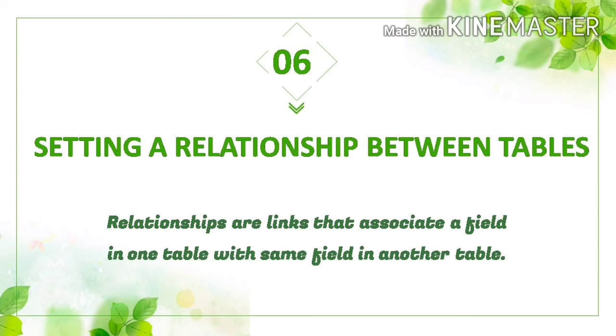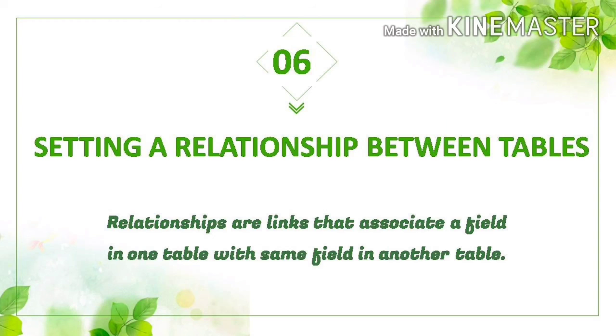To create a relationship between two tables, field name should be same. For example, student ID in the student table and student ID in the records table. So these two tables can be linked by using relationship, and common field is student ID. In most cases, these matching fields are a primary key from one table that uniquely identify each record, and in the another table this is known as foreign key.